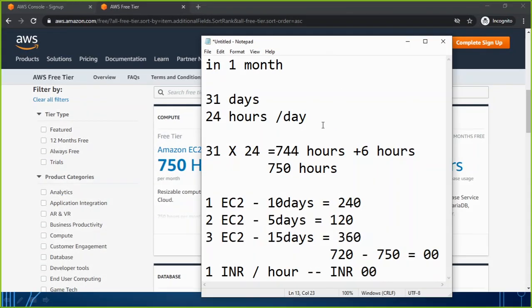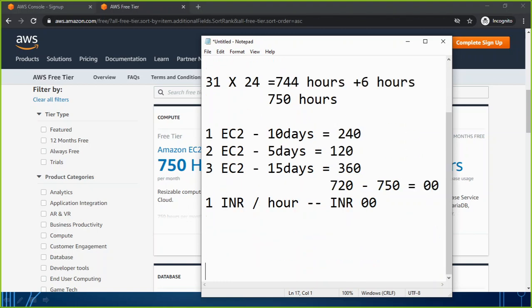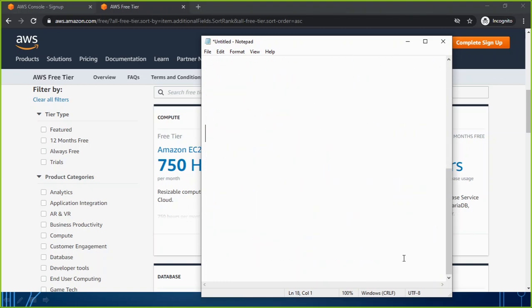So let's have a look at it. For example, if I create one instance for my practice, one EC2, and I just do practice 2 hours every day, or maybe even 4 hours per day. So in a whole month, how many hours have I actually run? Even if the month is of 31 days, the total is going to be 31 multiplied by 4. That means the total will be how much?